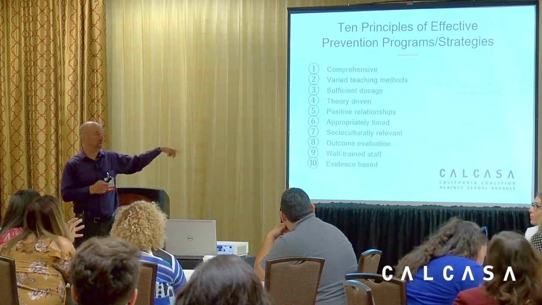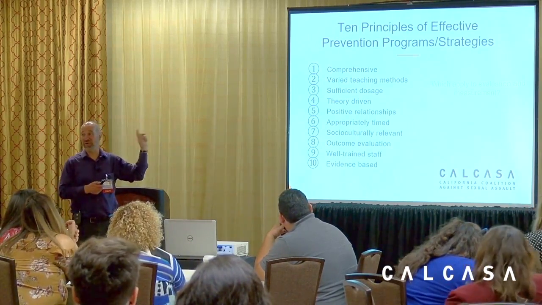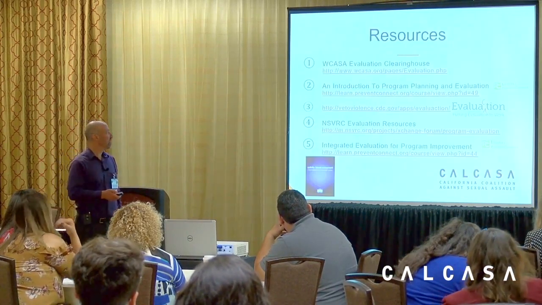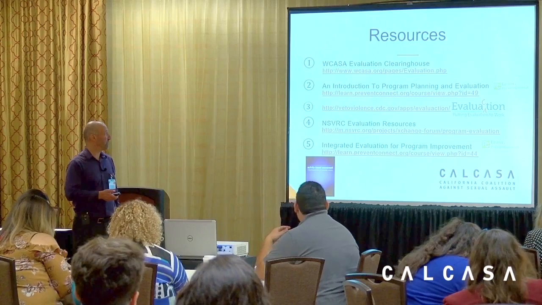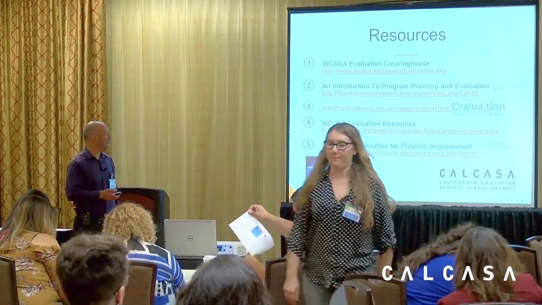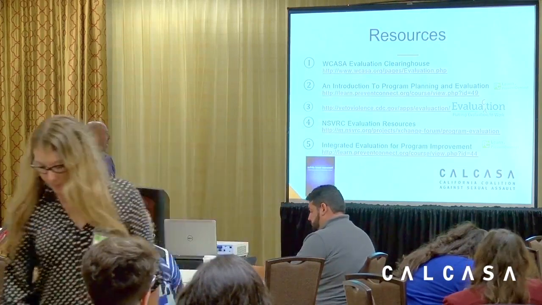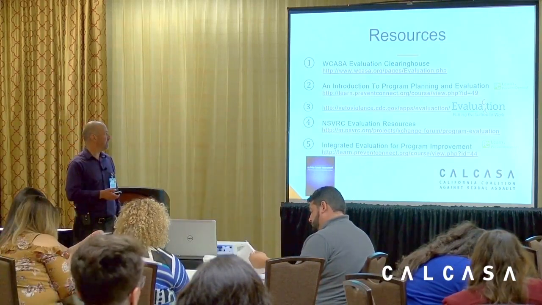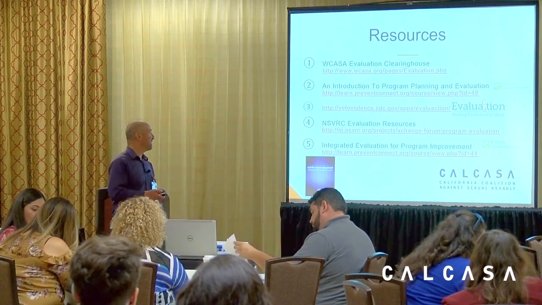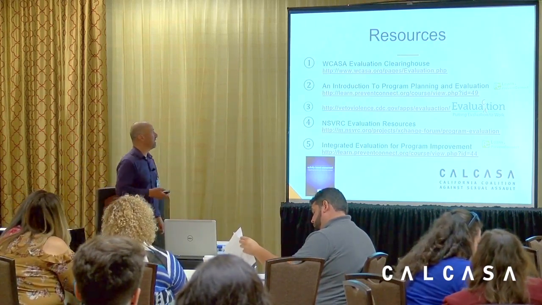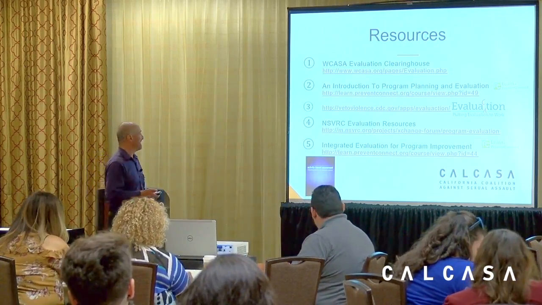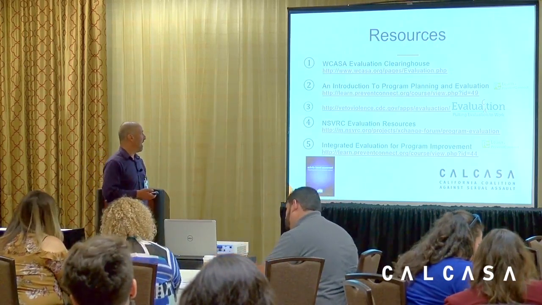At the end, we're going to ask you to pick one of these that you're going to work on. Think about what you're going to do to try to improve on one of these. Resources: we've got some really great resources out there. I'm not going to go through all of them. Many of these are e-learning units that we have put together on PreventConnect, where you can go through a little bit of a class thinking about how to do that.